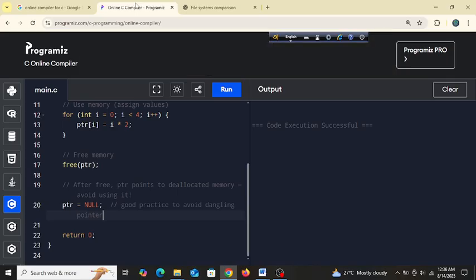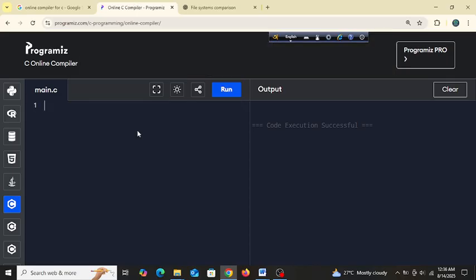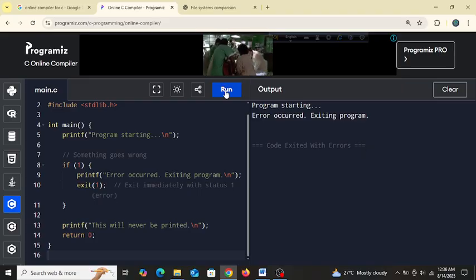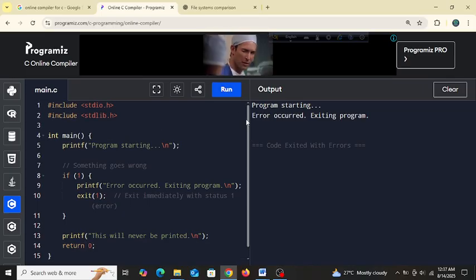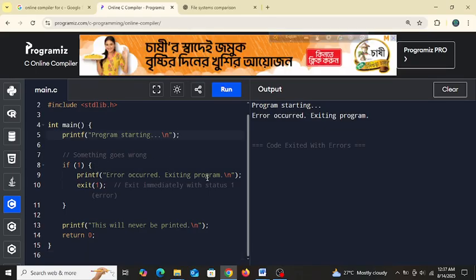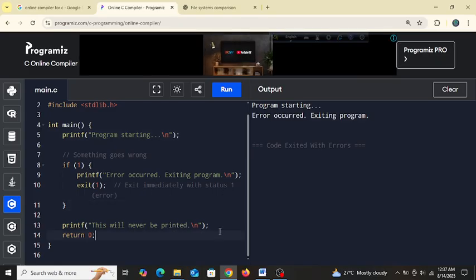Anyway, let's see. Program starting, and if something goes wrong, error occurred, exiting program, exit immediately with status 1. This will never be printed.